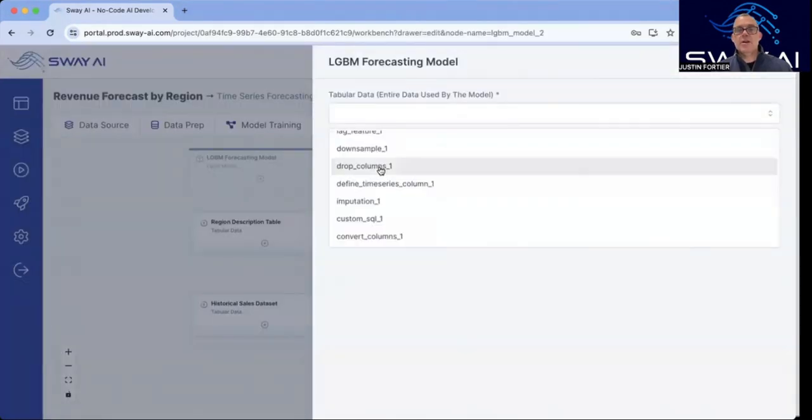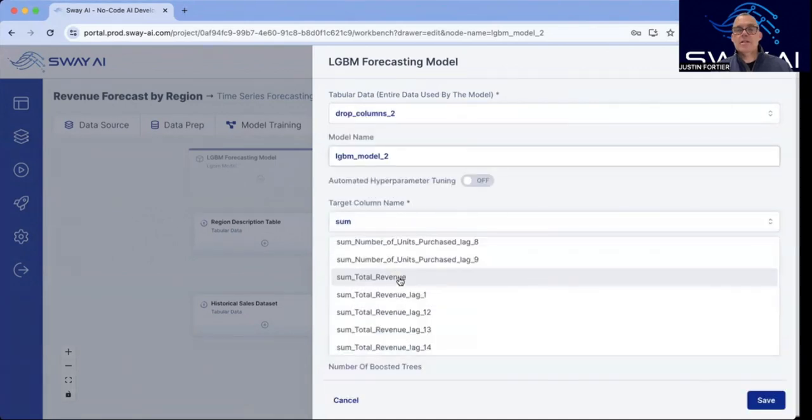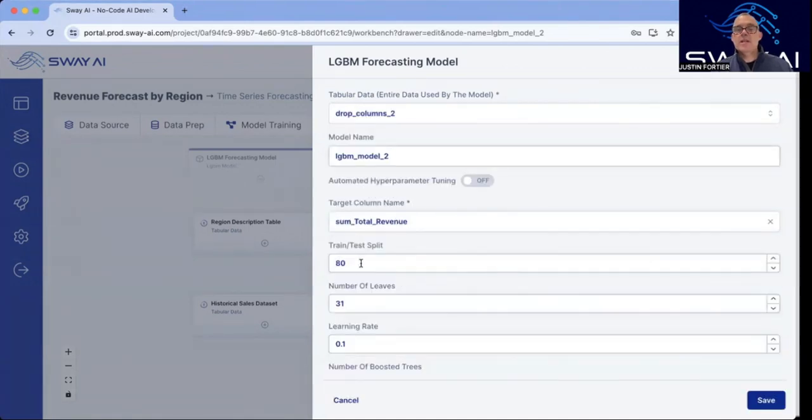This is the prior node, which is drop columns. Our target column that we're trying to predict is sum total revenue. Train test split is 80%. That's fine. 80% of the historical data will be used for training and the other 20% for testing the performance